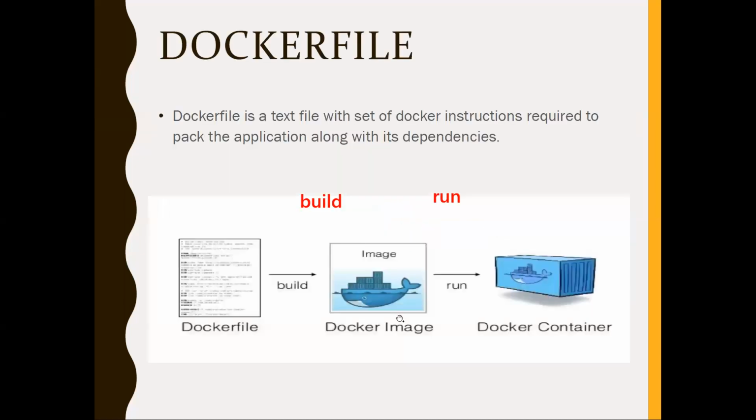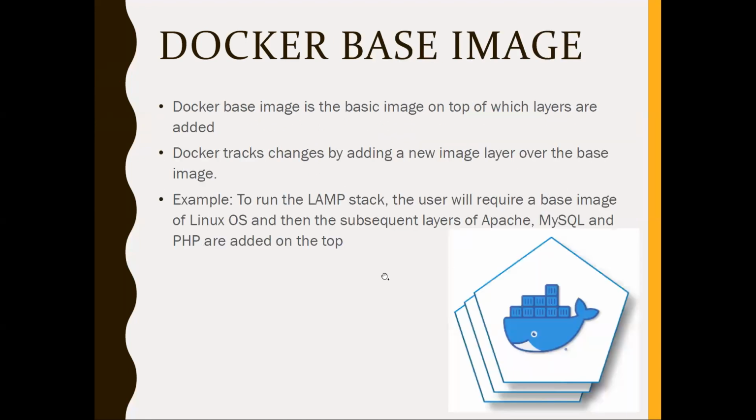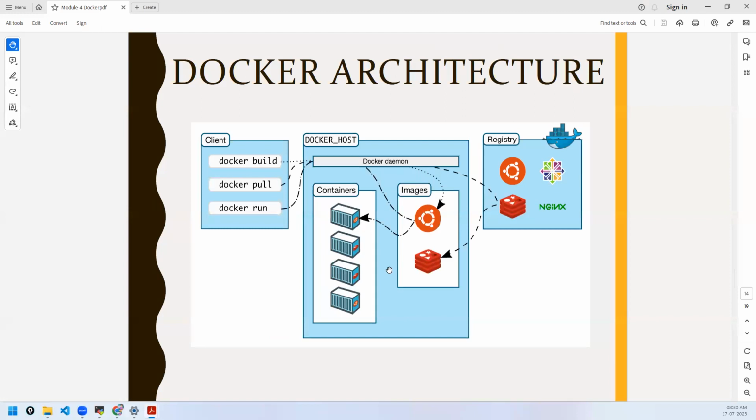See, Dockerfile, like I told you, it's a text file. You write some Docker instructions and create this Dockerfile. It's a set of Docker instructions required to pack the application along with dependencies. See, this is a simple text file. And then you get an image and then a container. What is a Docker image, what is present in it and all, we'll see once we get into the hands-on. What is inside a container, Docker architecture, we shall proceed to this after installing Docker. Now, let's go to the server. Let us install Docker and let's get started.